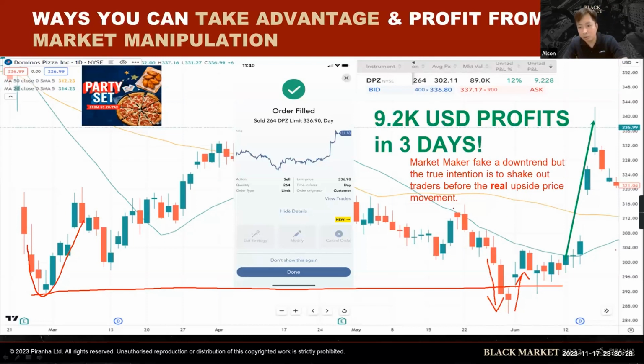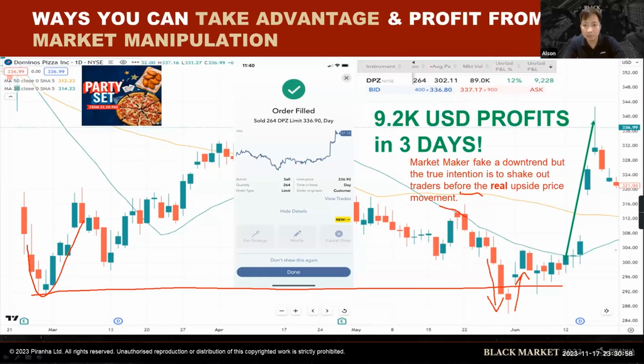He did this 20 cross 50 to bluff the retailers that the price action is in a downtrend. Follow the trend, follow the trend. Guess what? If you follow the trend, later it will break. Understand? Because it's always too late. If you follow the moving average, you will not get the best price. And even though it's so-called in a downtrend, I follow the market maker's interest.